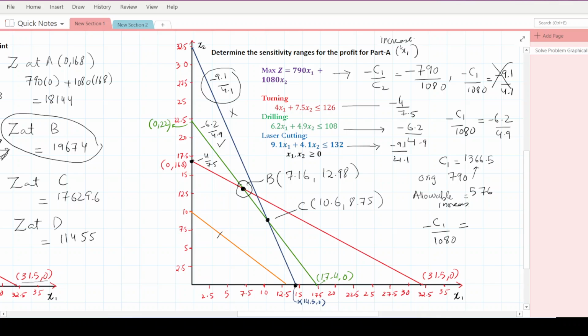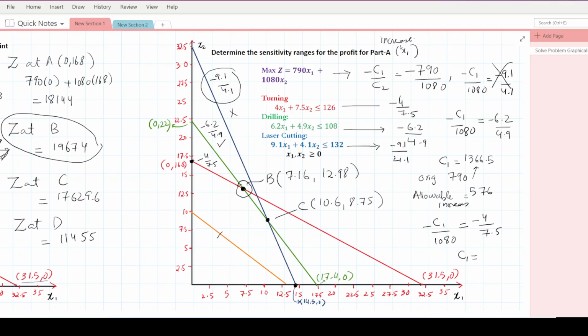And how much flatter it can become, it can become equal to the slope of the flatter constraint, and in this case the flatter constraint is the turning constraint. So we'll write it minus 4 by 7.5, and C1 will be equal to